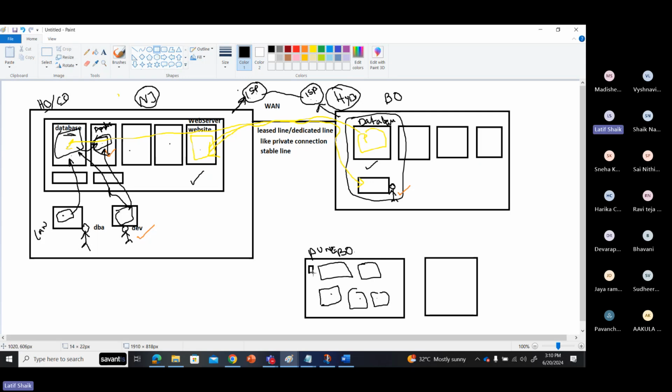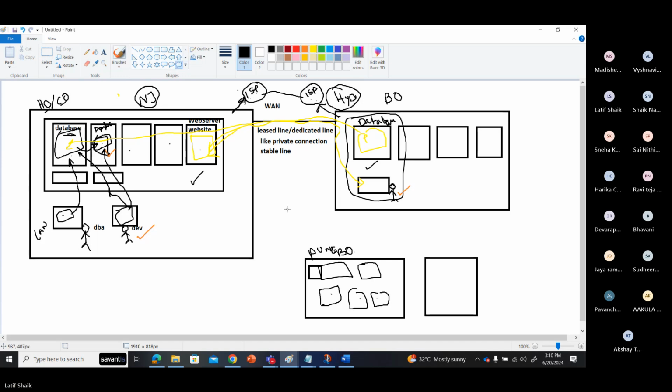So what we do, simply, is we have an internet connection, like a modem internet connectivity. So we take internet here. This cloud represents the internet. So you have to access the internet, but accessing directly through the internet is not secure.